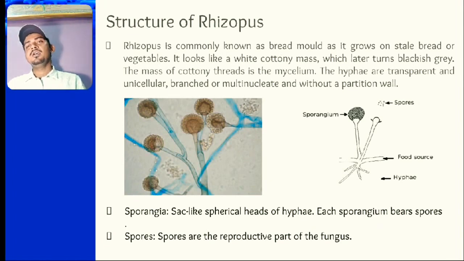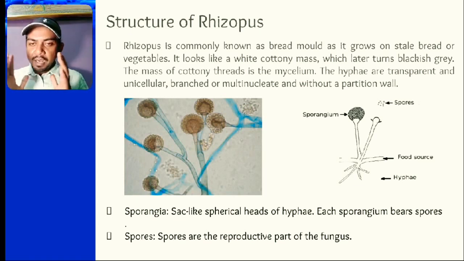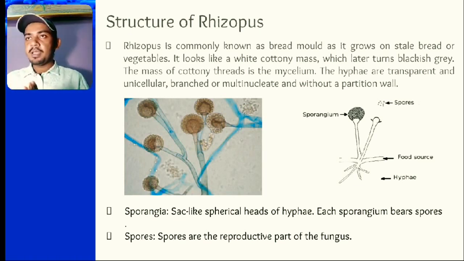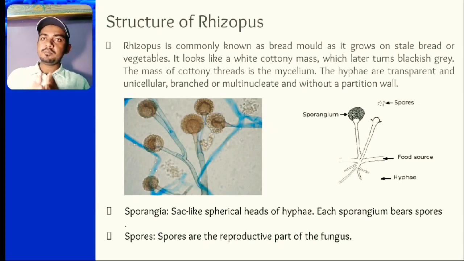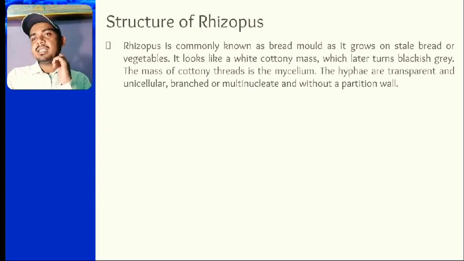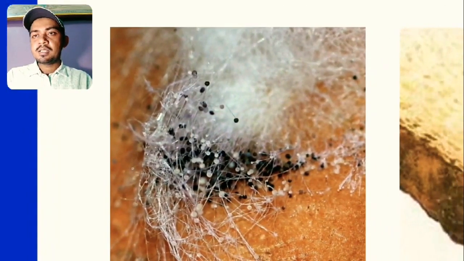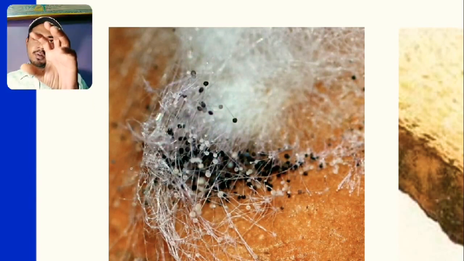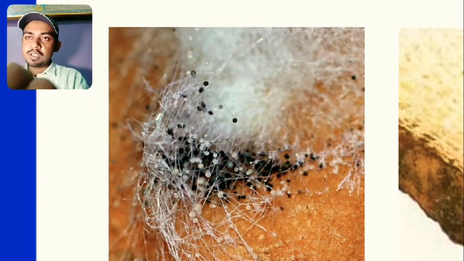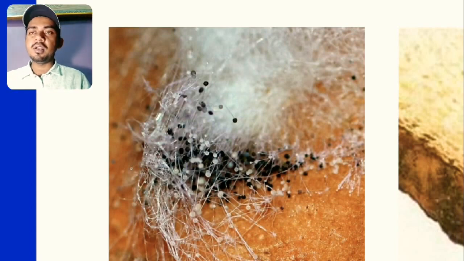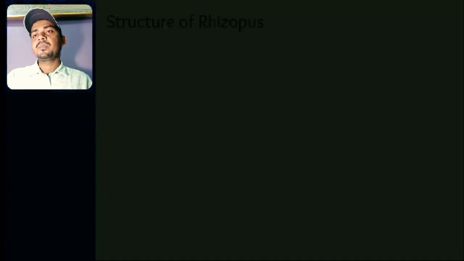We have understood it. So in this type of fungus there are four things. First one is hyphae. Hyphae combine together to form mycelium, and mycelium has a lot of sporangia, and those sporangia have spores. One mycelium will have a lot of sporangia, as in this image it is very clearly shown. See here, this whole mass is the mycelium, and all these small white and black structures are sporangia.